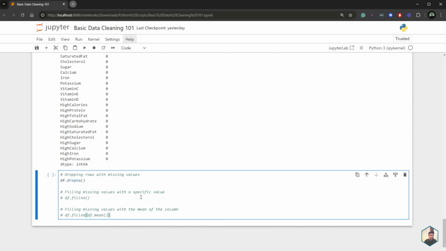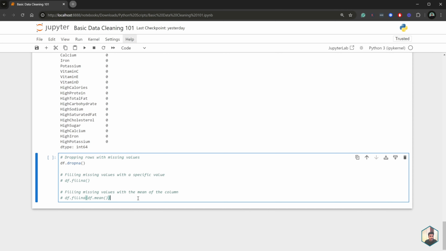What I could also do is fill the missing values with a more statistical value. For example, if I wanted to fill all the missing values with the mean or the average of that column, I could do df.fillna(df.mean()). So that would replace all the missing values with the mean or average of that column.